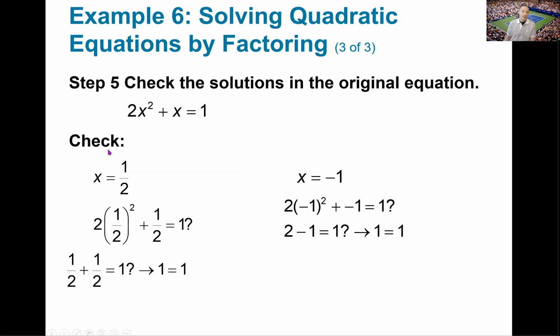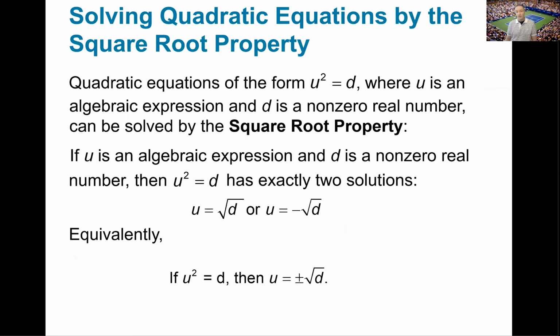So whether we put a 1/2 or a -1 into our original problem, each of them gives us a true statement. So both of these are solutions. Now, solving quadratic equations by the square root property. Anytime you have a group squared, it really makes it ideal to go ahead and solve by the square root